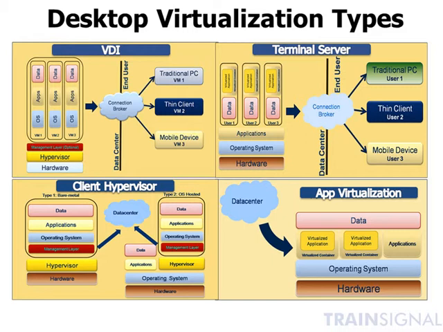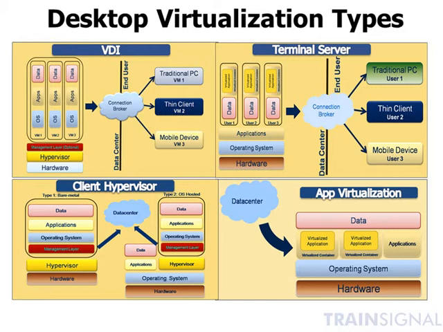The ability to do load balancing with VDI is a little easier because you can do XenMotion or vMotion, or live migrate certain VMs off of a host onto another host that might have more resources available. With terminal server, you can't dynamically load balance. So if there are a lot of users on a particular server, you would have to send them a message: hey, can you log off and log back in? During the login process, the data collector will then say, okay, server A is experiencing heavy workload, I'm going to send users to server B. But there's no way to dynamically rebalance once the users are on the terminal server.